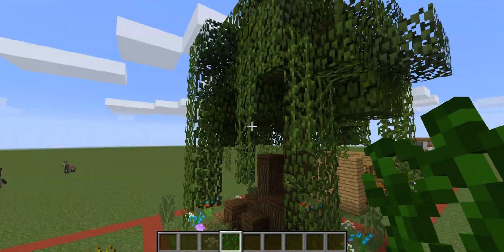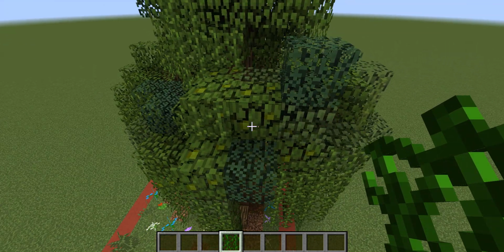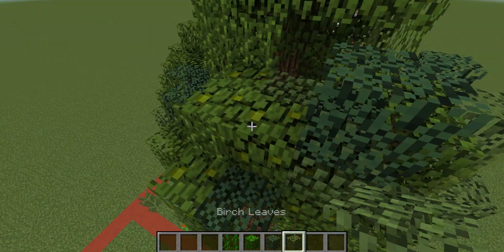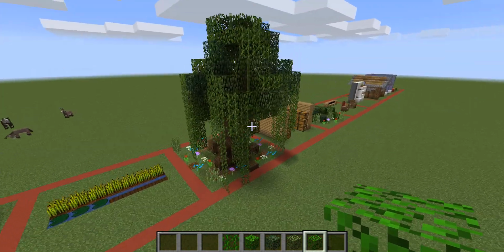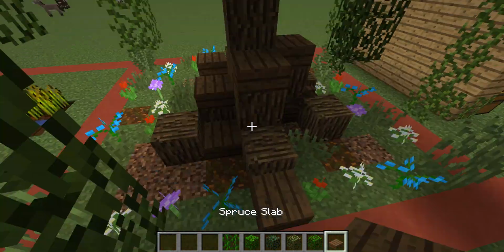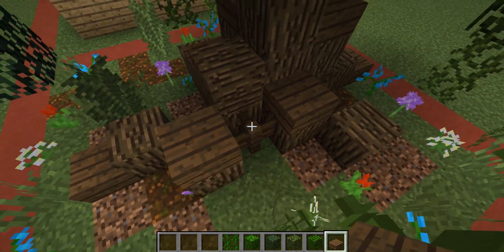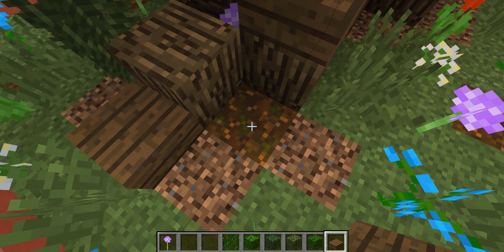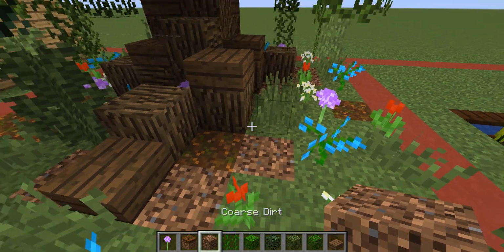And also you can mix up a whole bunch of leaf types. So as you can see here, I mixed up the jungle leaves, spruce leaves, birch leaves, and the oak leaves. And these give a whole lot of variation to your custom tree. Also, you can use slabs of spruce and maybe a little bit of fence, and it also gives it a whole more variation. And to decorate the ground around it, you can either use podzol or coarse dirt,